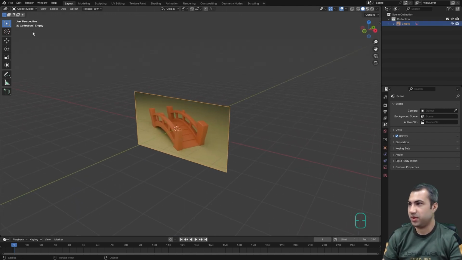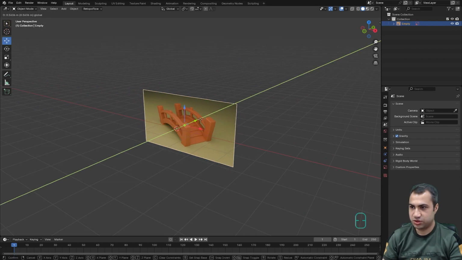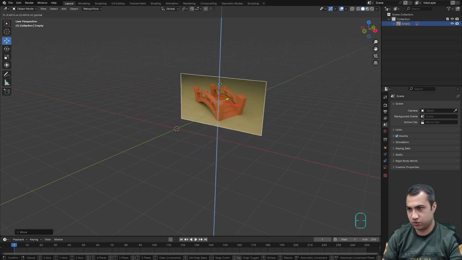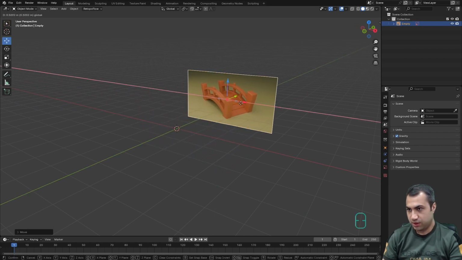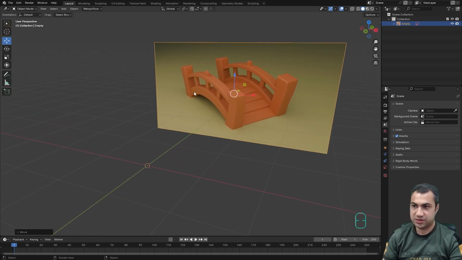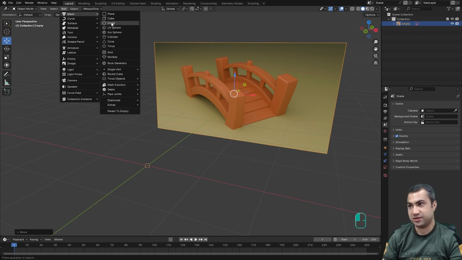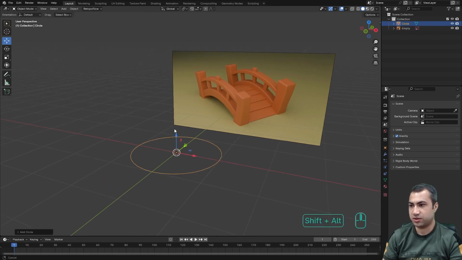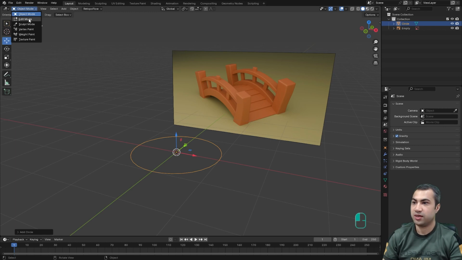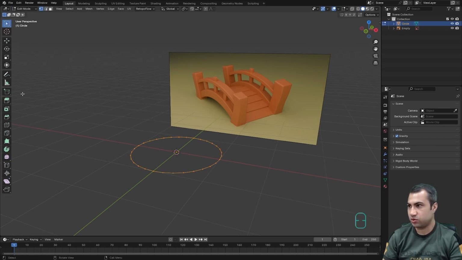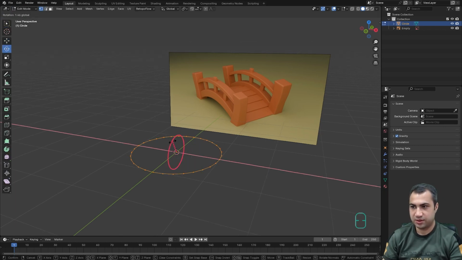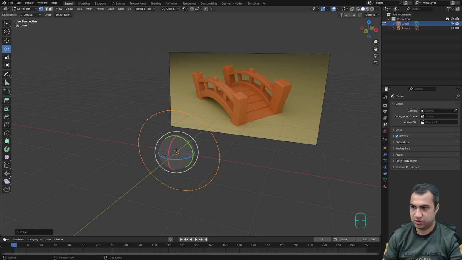I want to move it back, so I use the move tools, or G Y, and G Z for moving it up. And at first I want to model this arc, so I'm going to add mesh and add a circle, because a circle has an arc, and then go to the edit mode, and I want to rotate it 90 degrees, and this much I think is enough. I go to the rotate and press 90. Okay,